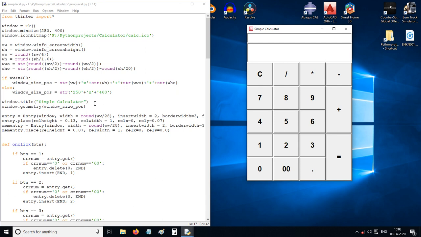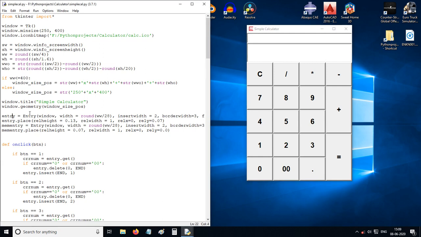Okay, so the window title is simple calculator, and the window geometry is the calculated window size and position. Then the entries: this is the main entry, and this one is the memory entry.